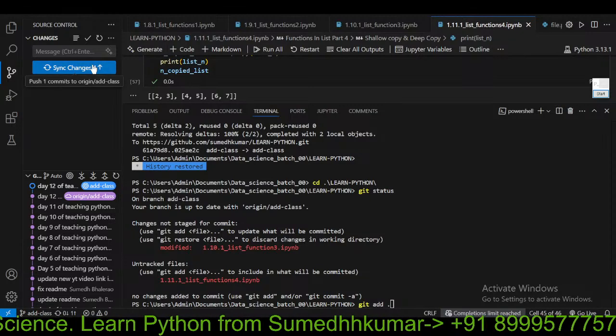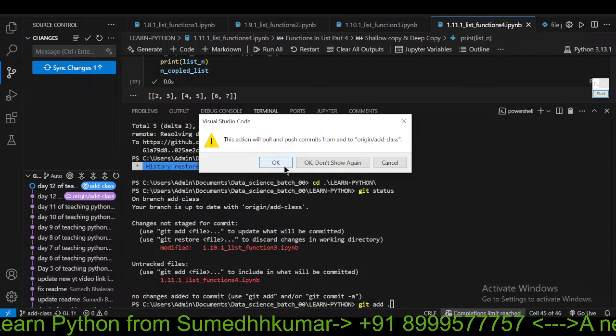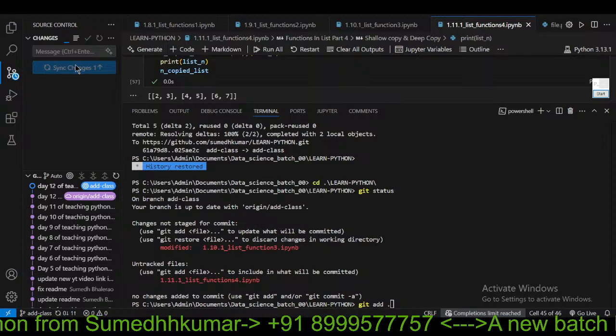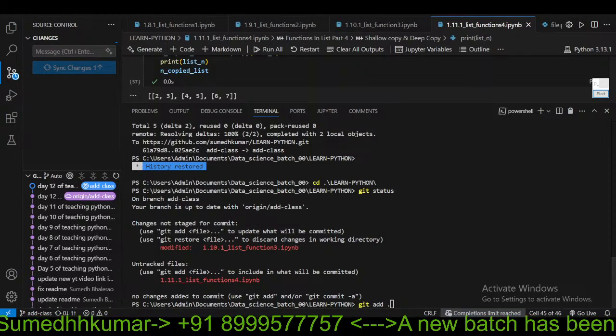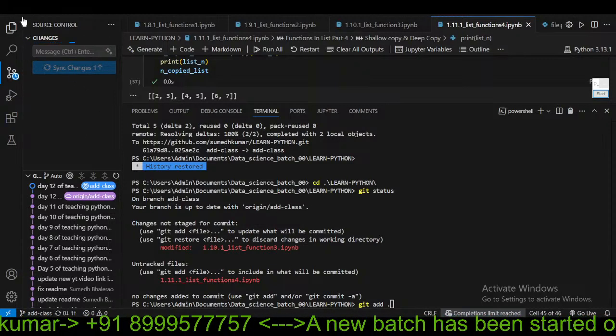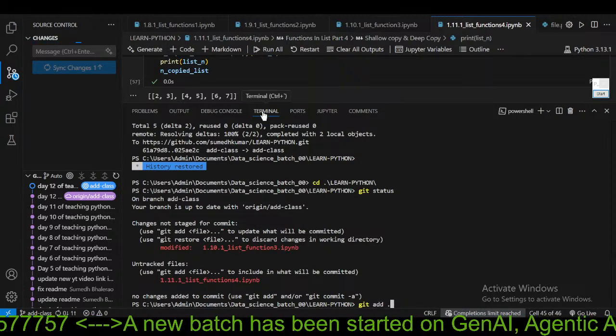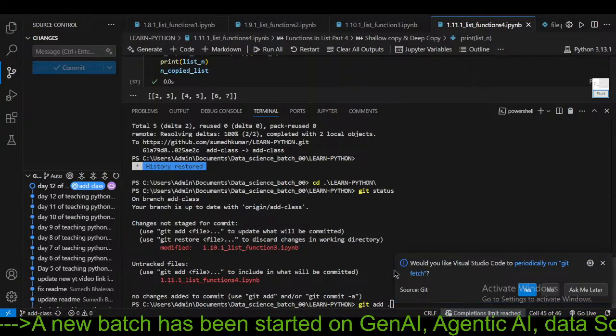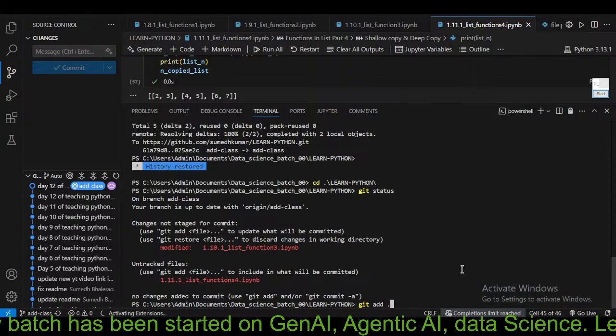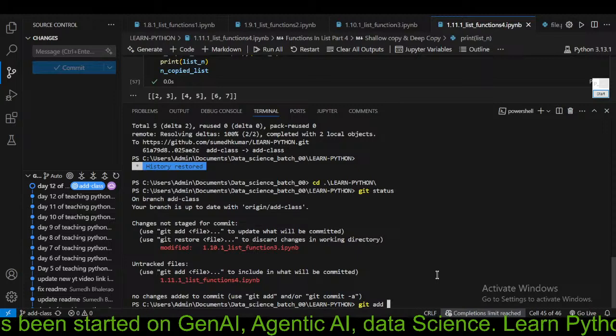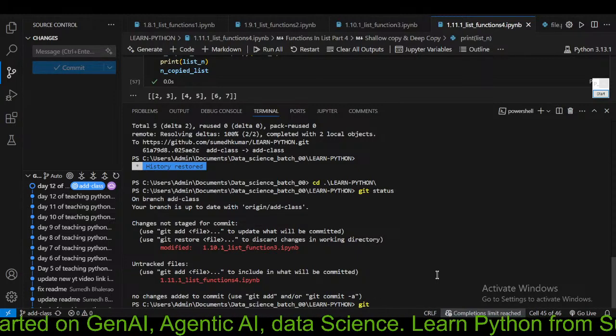तो ये चेंजेस अभी कमिट हो चुके हैं। And if I say sync changes, it will just pull and push the changes, ठीक है। ये VS Code से भी कर सकते हैं। और ये जो टर्मिनल है, इसको टर्मिनल कहते हैं, टर्मिनल से भी सारी चीजें कर सकते हो, ठीक है। मैं एक बार देख लेता हूँ git push,